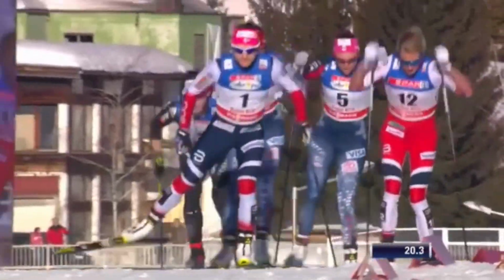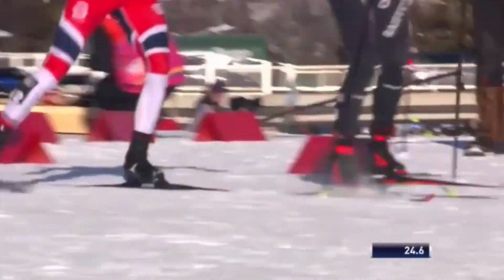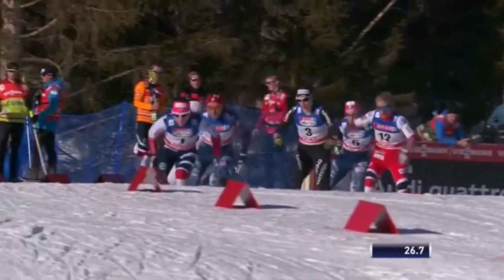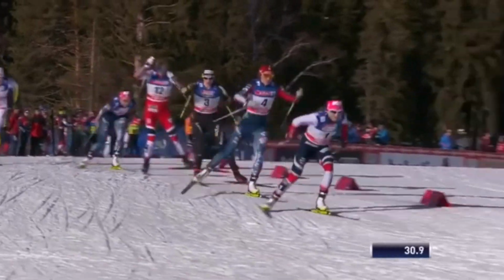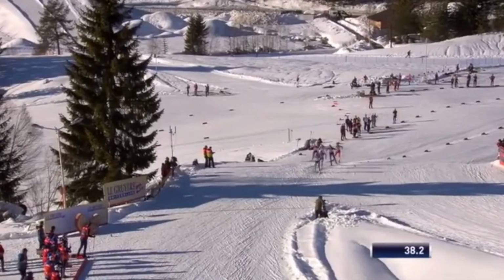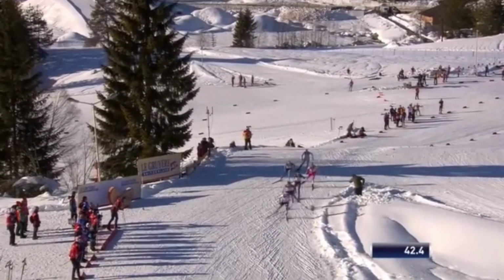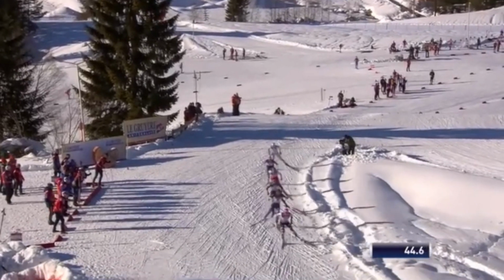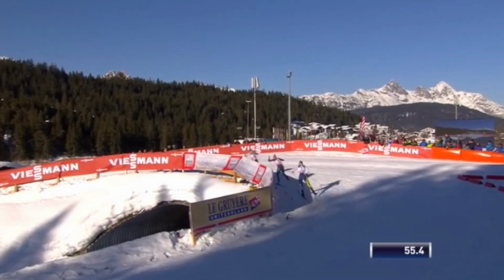It starts on a very gradual uphill and then a small little drop here where they'll carry some speed and begin climbing. The first hill for the women is actually very short, which is why you can see them kind of in a single file line already and pushing a pretty fast V2. Most skiers are able to carry a V2 all the way up this first climb. With a sweeping uphill corner, look for the athletes to stay single file and look for more passing opportunities later